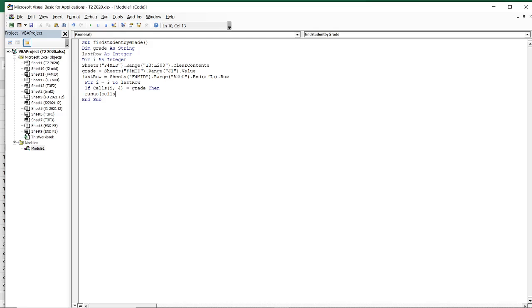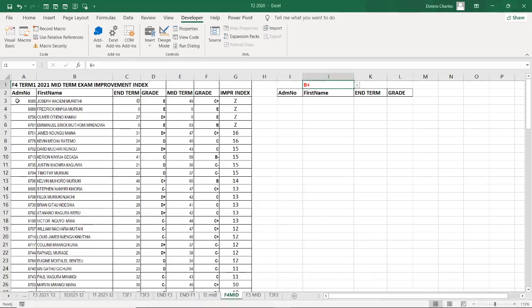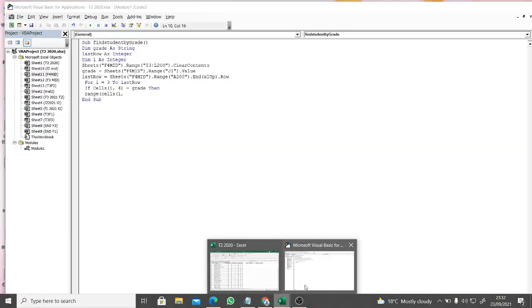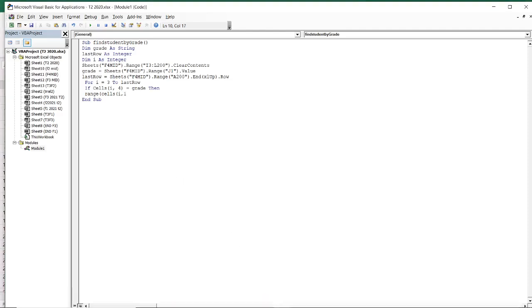That is from cells I, comma, from I, the third. I think it's the third I, so it is I from the first column. It will be copying from this first one, I and the first column, up to I and which column? 1, 2, 3, 4, the fourth column. So we shall be dealing with I1, from I1,